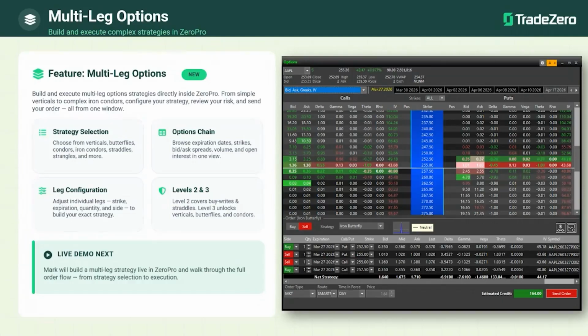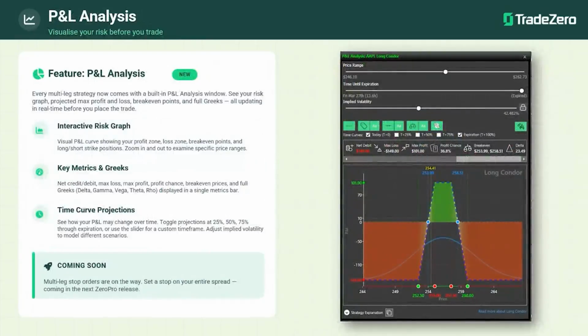Level 2 and level 3. So we're going to cover level 2 options in a second, but the focus of this is level 3 options, multi-leg. Let's take a look at this real quick. So this is new functionality coming in Zero Pro 648 very soon, in a couple of weeks. This won't be available to you right now, so don't rush off trying to test it out, but this will be coming very soon. And it essentially is a tool that allows you to see your P&L analysis over time,